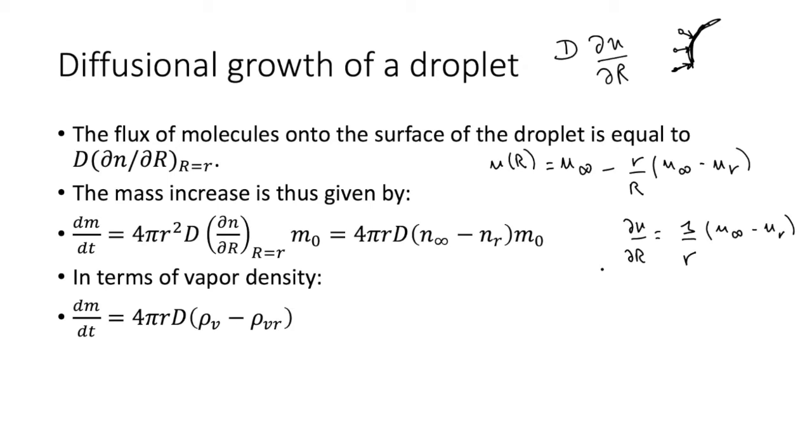Okay, so M0 is the mass of one water molecule. Okay, mass of water molecule. Sorry, I wasn't sure. Well, this is the concentration. This is the mass, and so the density is very quickly computed, right? And so this is how the mass of the droplet increases